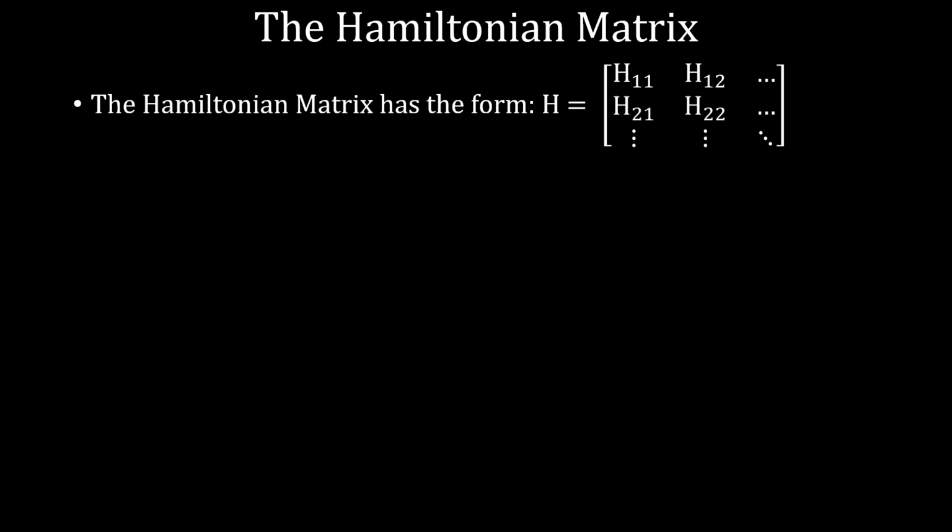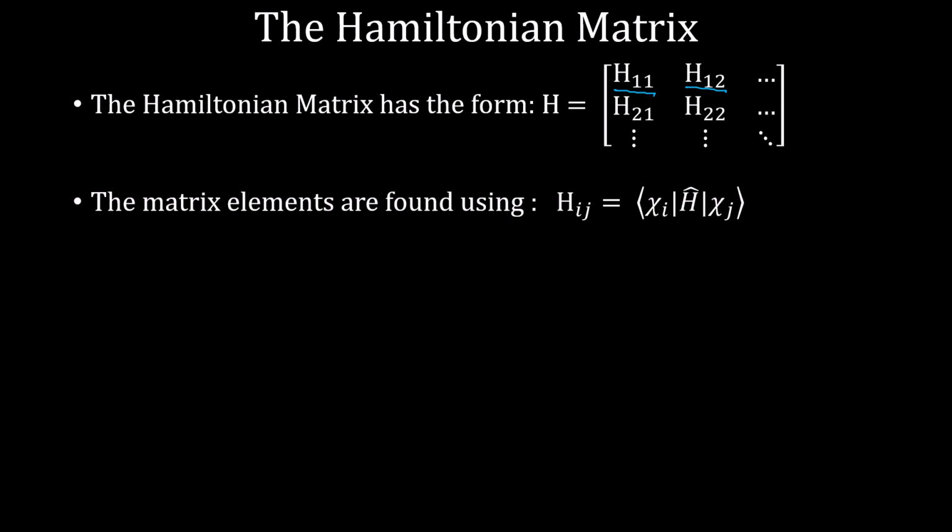So the Hamiltonian matrix will have the form H is equal to a matrix of what we're going to call Hamiltonian matrix elements. The top left, for example, will be H11, where the first one represents the row and the second one represents the column. And then here we have H12, again, row 1, column 2. And each of these matrix elements is going to be given by Hij is equal to chi i, Hamiltonian operator, chi